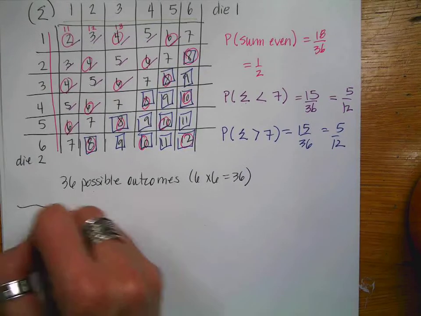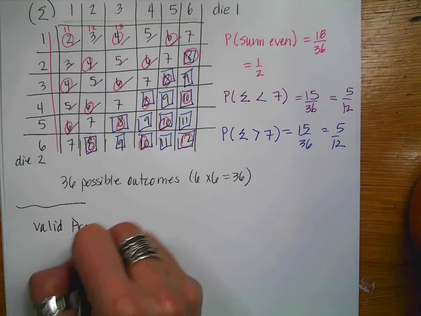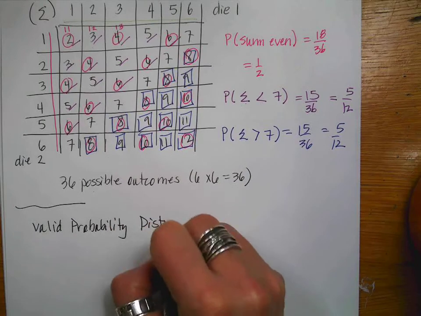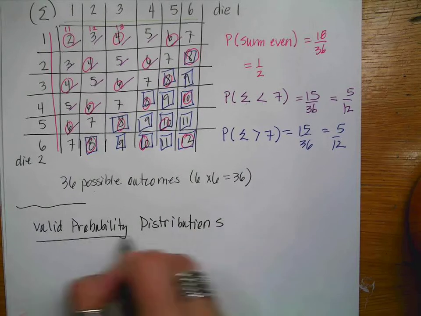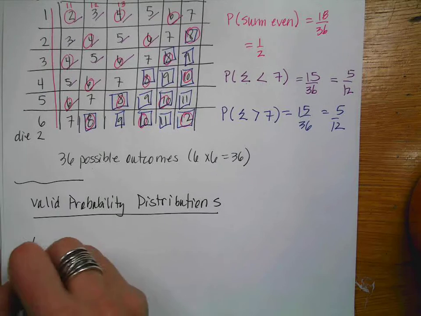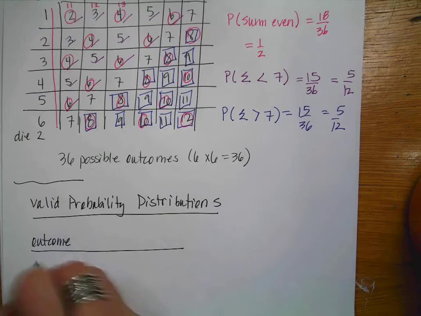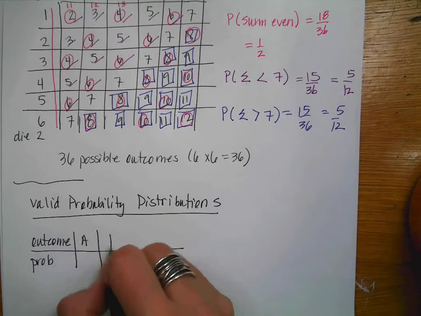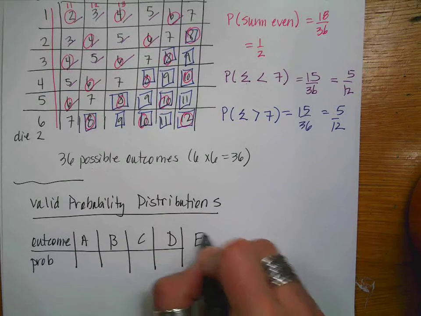Okay? So the next thing that we want to talk about, our next kind of topic, is looking at valid probability distributions. So occasionally you're going to be given a probability distribution and then you're going to be asked if it is valid. So let's say here are my outcomes and here are my probabilities, and I had A, B, C,